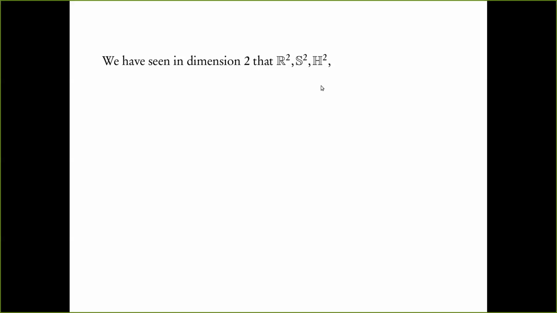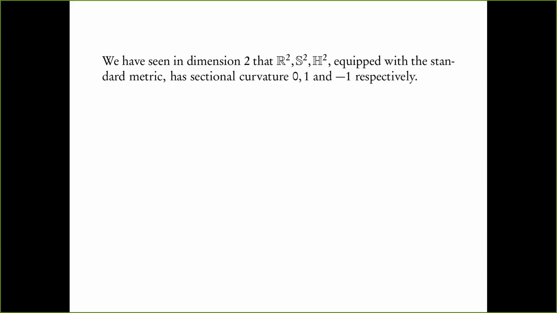the upper half plane, which is either the upper half plane with the metric dx square plus dy square by y square, or the Poincare disk with the usual metric. They are two different models of the same hyperbolic space. Okay? And that has constant sectional curvature -1, or constant Gaussian curvature -1. Yeah. So R2 corresponds to 0, S2 corresponds to 1, and H2 corresponds to -1, the three sort of classical geometries. Okay? And these three examples also happen to be simply connected and complete. Okay?